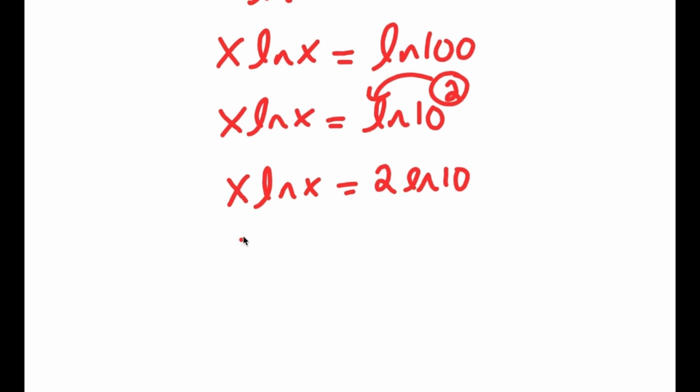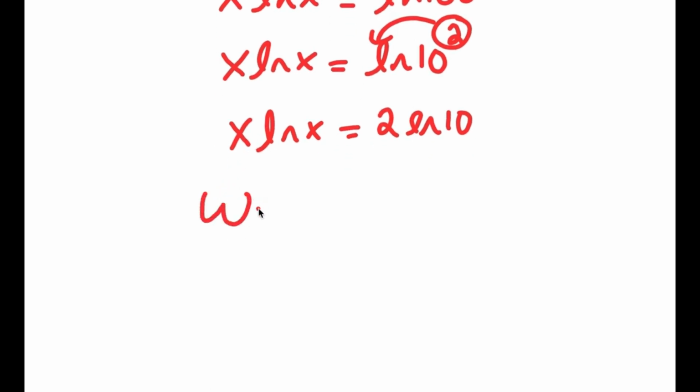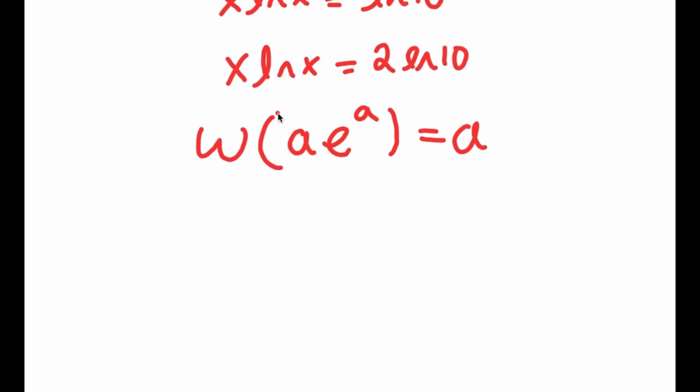Now, there's something called the Lambert W function. And if I take the Lambert W function of something in the form a times e to the power of a, this is going to equal a. So this is basically what the Lambert W function is. If there's something in the form a times e to the power of a, W of that is going to equal a. So what I'm going to do over here